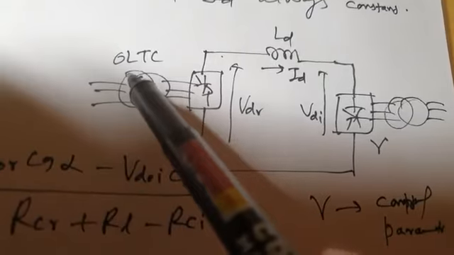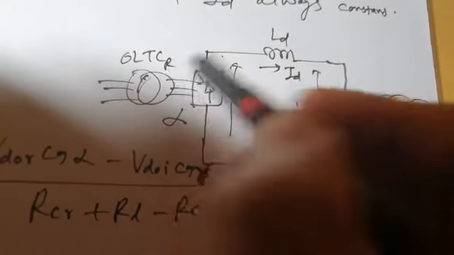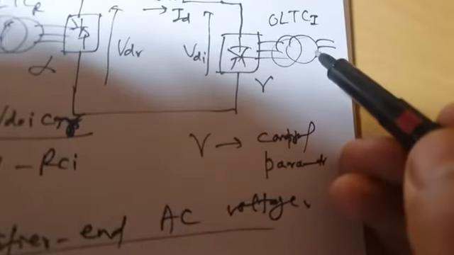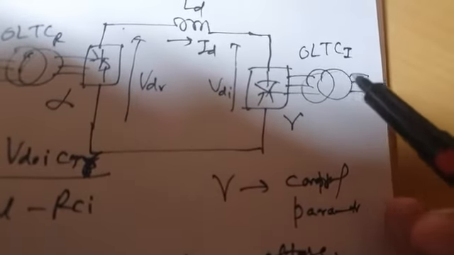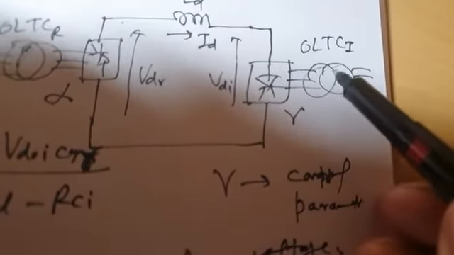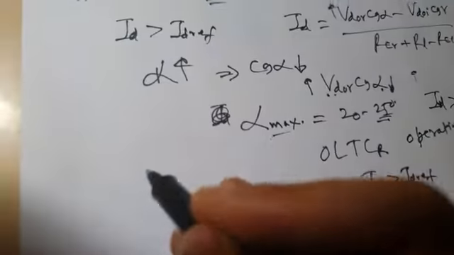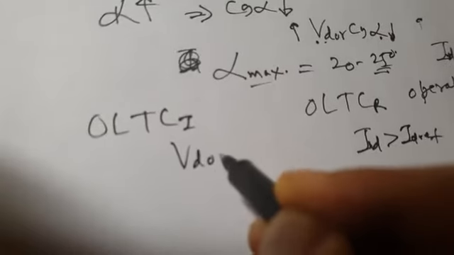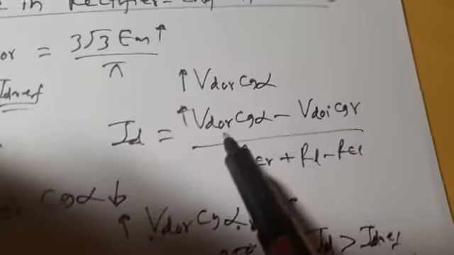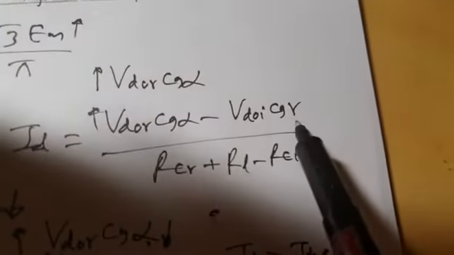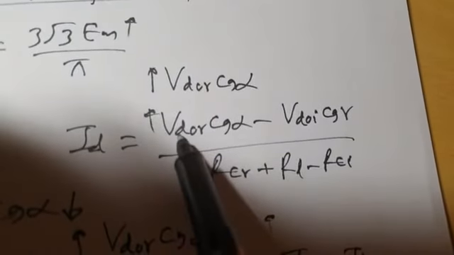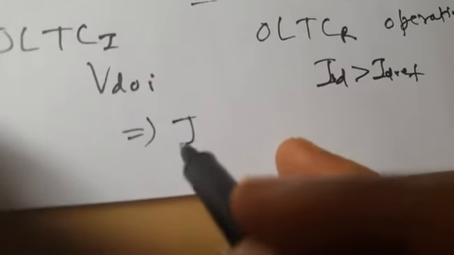That means rectifier side online tap changing has also failed. Now we have inverter side online tap changing, which will operate. It will increase the voltage of the inverter side, because your current is rectifier side voltage minus inverter side voltage. When it increases the inverter side voltage, current will decrease, and current decreases till ID becomes equal to